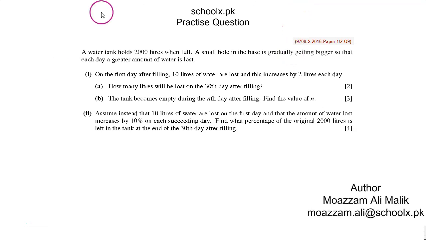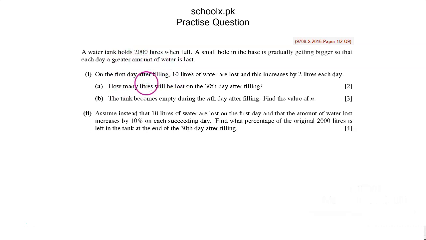In this question it says that a water tank holds 2000 liters when full. A small hole in the base is gradually getting bigger so that each day a greater amount of water is lost. On the first day after filling, 10 liters of water are lost, and this increases by 2 liters each day. Alright, so then they ask us to find how many liters will be lost on the 30th day after